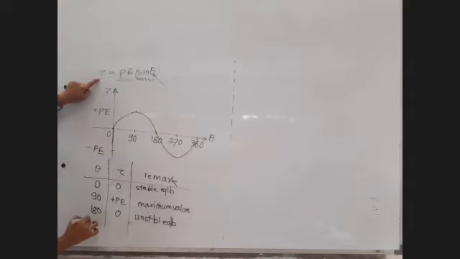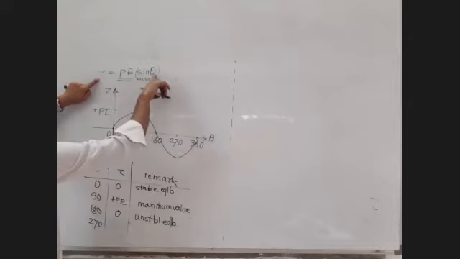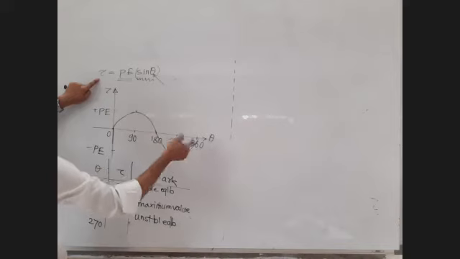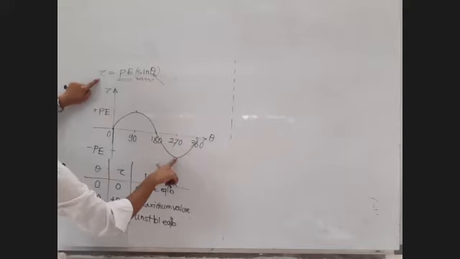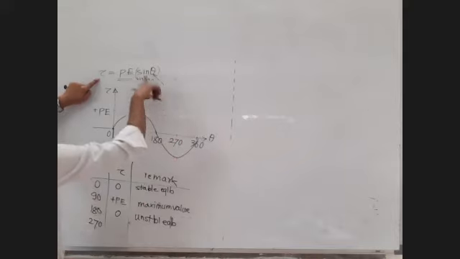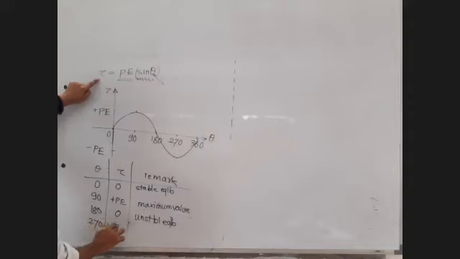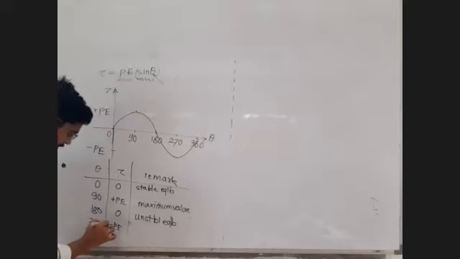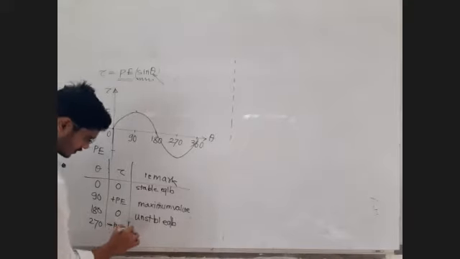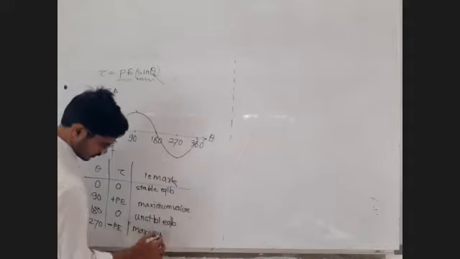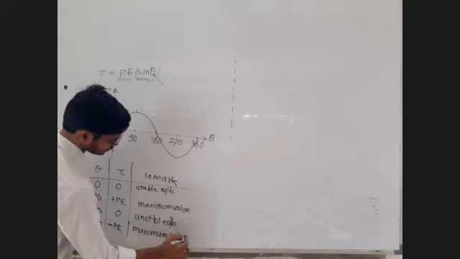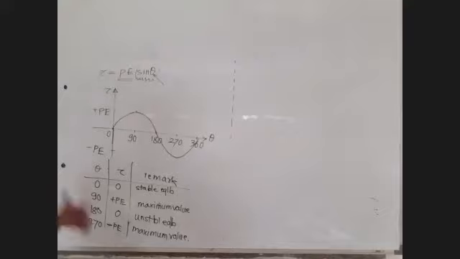Theta equal to 270. Sine 270 or minus 90 you can say, no problem. Theta equal to 270, it is minus 1. Sine 270 is minus 1, or sine 3 pi by 2 is minus 1. Minus 1 into PE, minus PE. Minus will indicate the direction. It only carries a sense of direction, nothing else. Otherwise, numerically, that is again the maximum value of the torque. Okay, make the table like this.